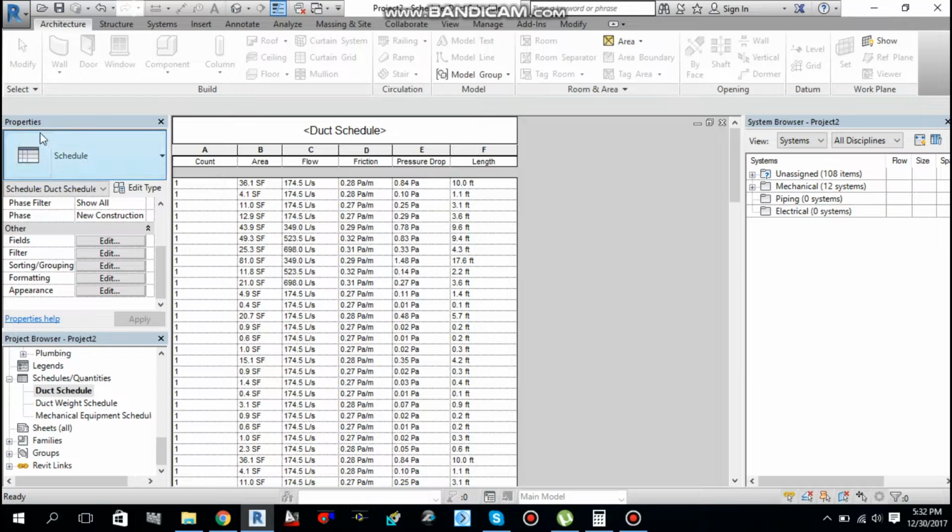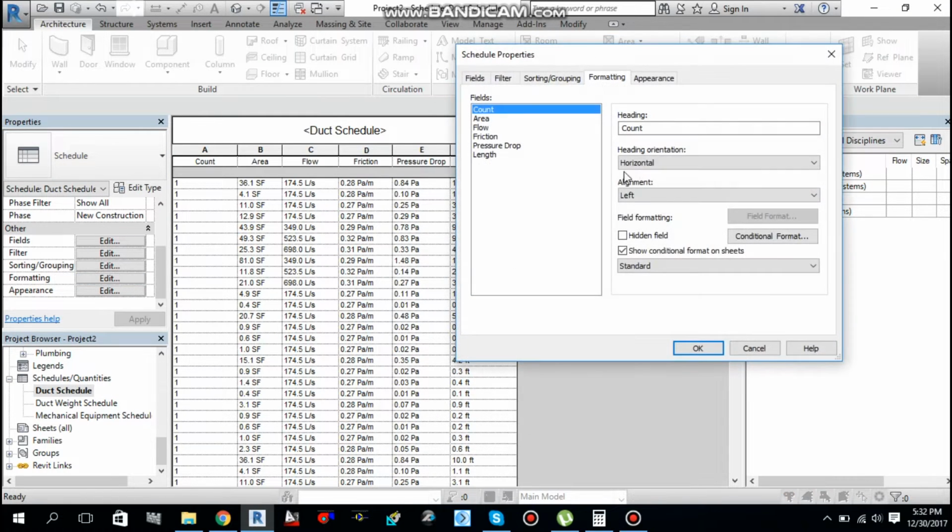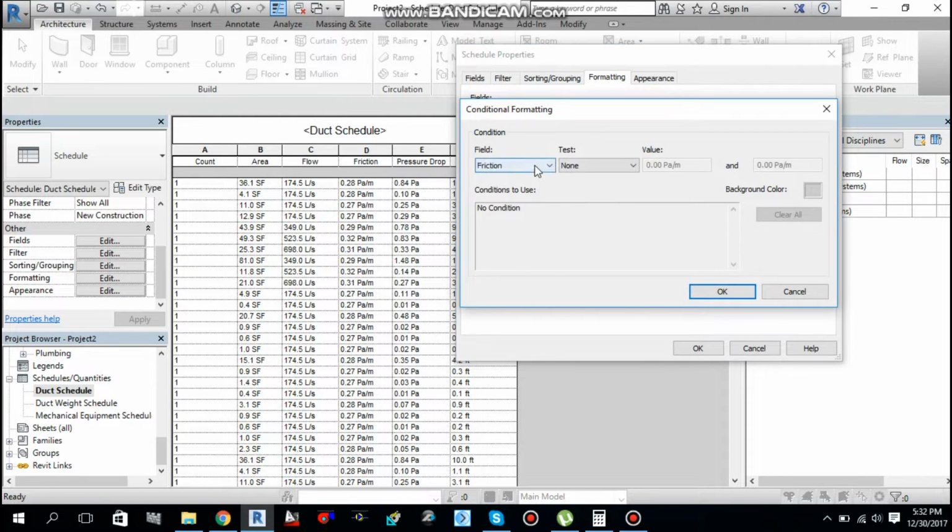So let's move to the property palette. Here you find formatting. Just click it and then move to any one of the areas. For example, I want to move to friction. There you can see conditional format. Just click it. In the field I will select friction. Okay, I want to test the friction, we can test anyone between them. So I want to test